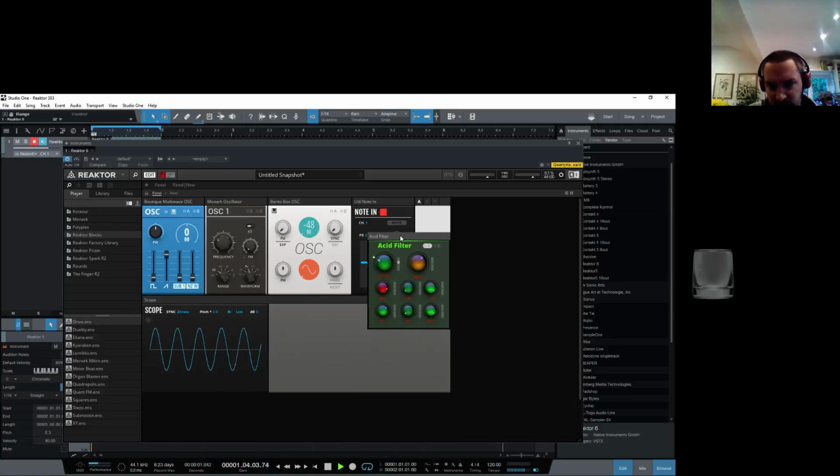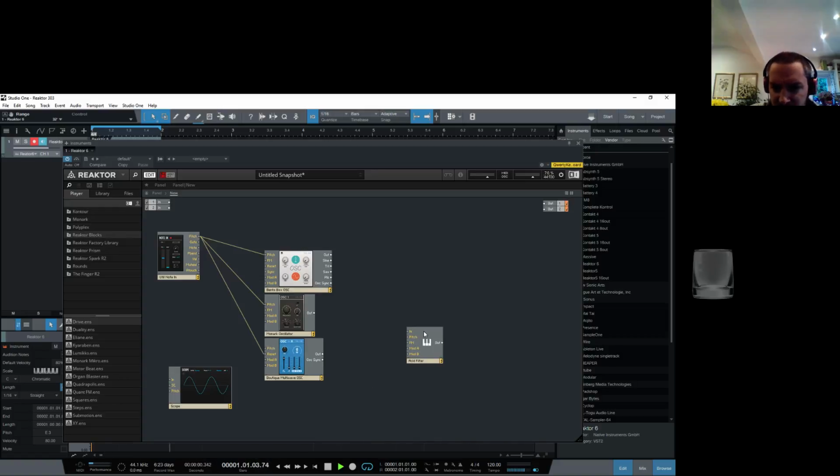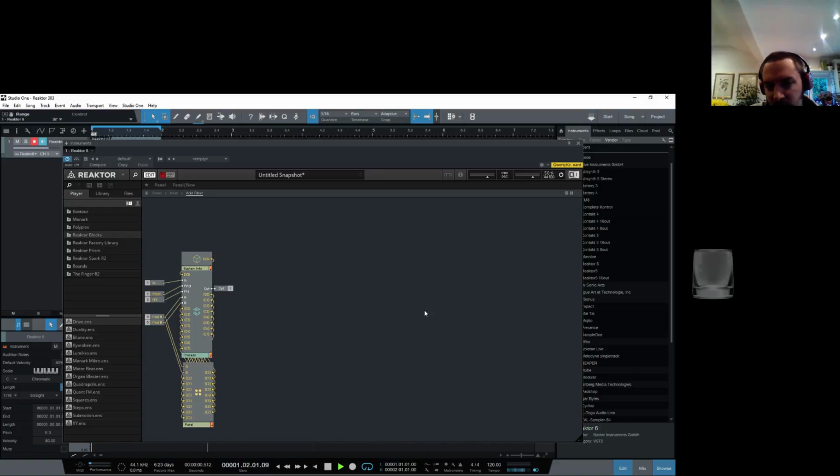It looks just like that. I'm just going to drop that in there. We'll organise our panel later on. I'm working on the schematic at the moment. And this is based, I believe, on one of the standard filters in Reactor blocks. I believe it's based upon the Sankey filter, which is going to be in